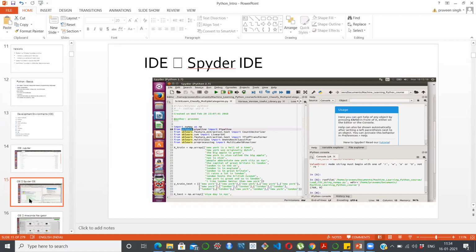Okay, the best thing about this is you can develop a project, with the project name in front, and then inside that project name all the Python files which are related to it.